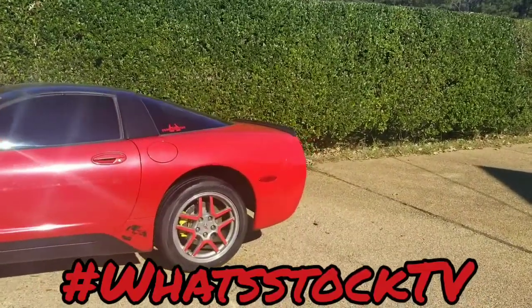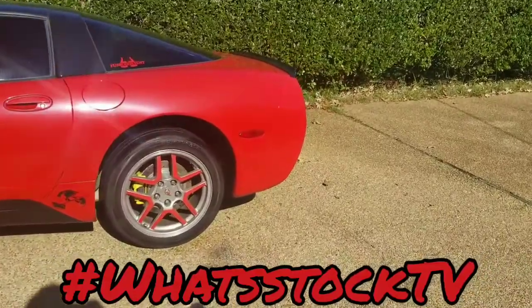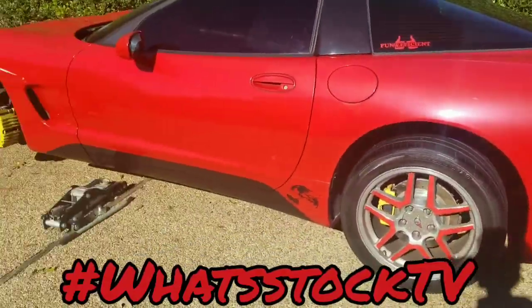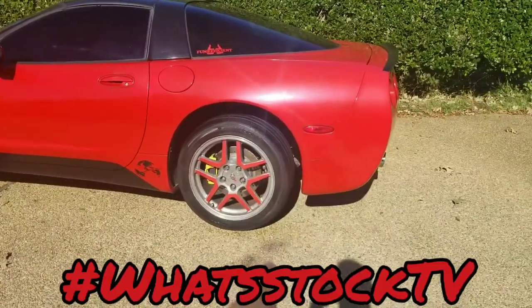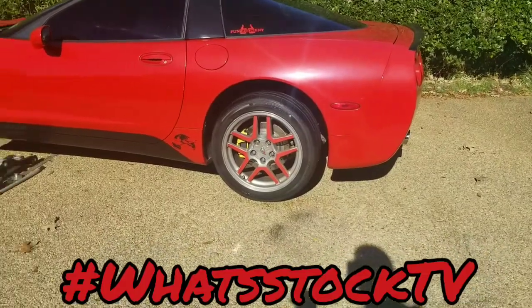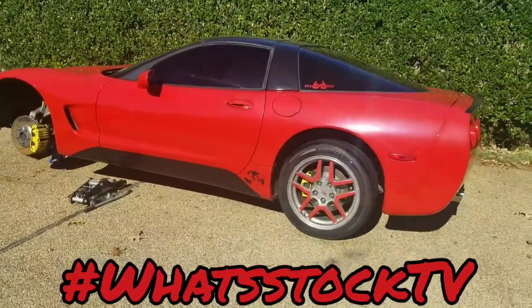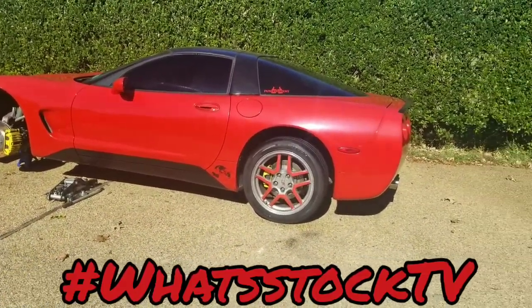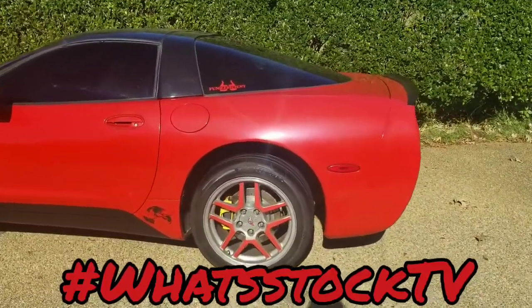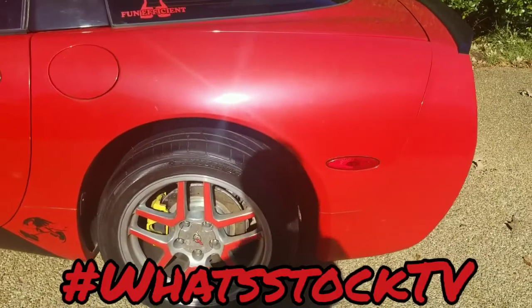So if I get the 18s, I'm gonna go ahead and try to lower this on the stock bolts in the back. The front I think is okay, but the back is pretty high. So I'm gonna at least lower the back. Depending on what it looks like, I might have to lower the front too. Not 100% sure, but yeah, I'll probably be lowering this if I go with the 18s. If I get the 19s, I think it'll fit and look pretty decent, but